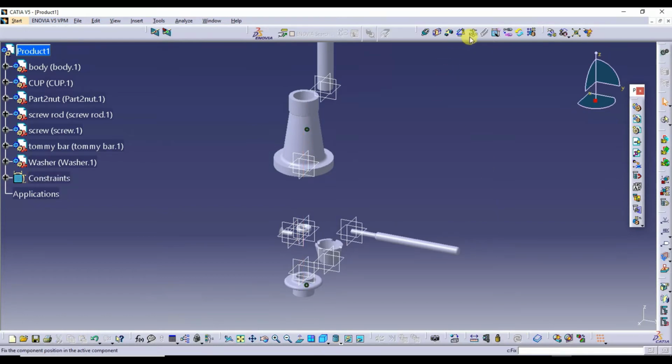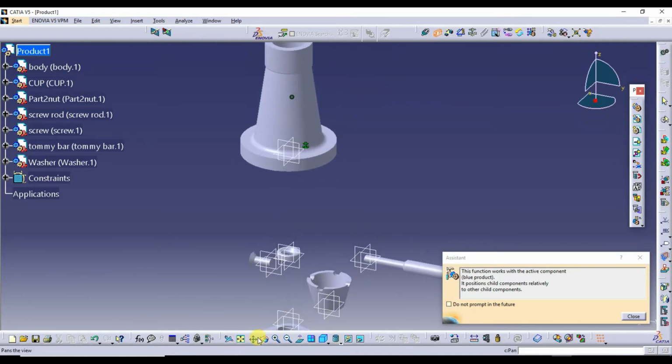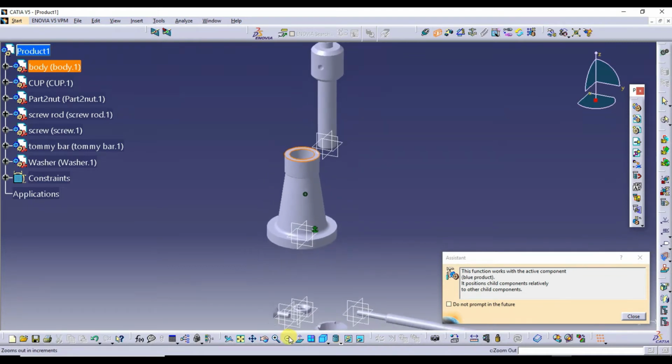Next, what I do, I'll fix this one. I'll fix the body. Next, I'll use the contact constraint. A little bit I zoom with this body part. I'll select this surface.